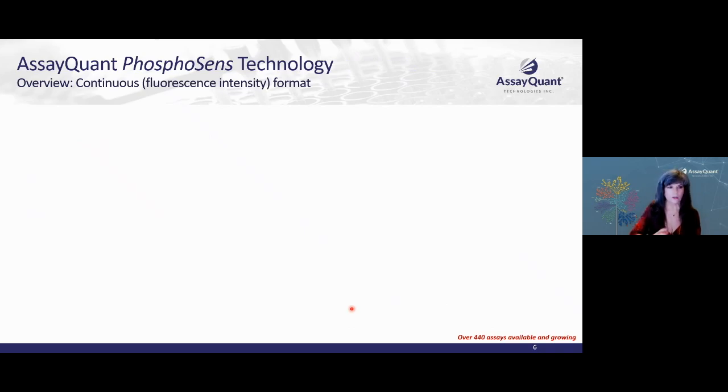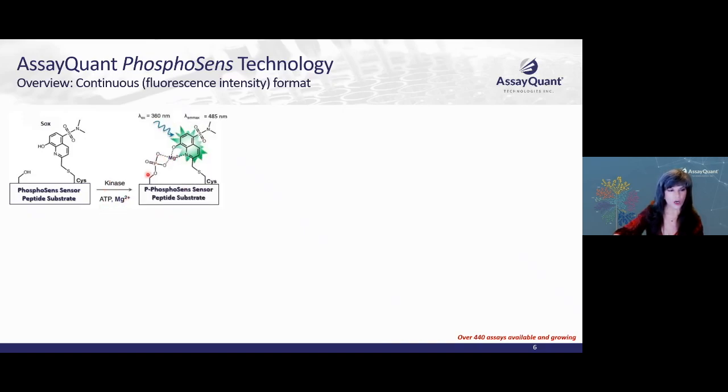Now let's put these pieces together and see how the actual continuous fluorescence intensity format works. Here you're looking once again at the PhosphoSens sensor peptide. Here's the covalently attached SOX molecule. Here's the site of phosphorylation. In the presence of the kinase, ATP, and magnesium, phosphorylation occurs, which then chelates magnesium, mediated by the SOX molecule itself and the phosphate group, so that when you excite at 360 nanometers, you get a readout at